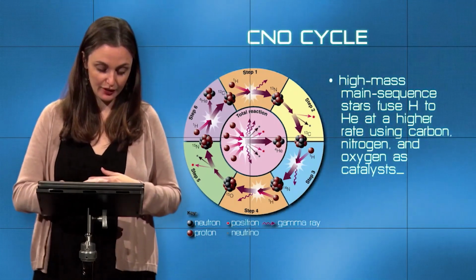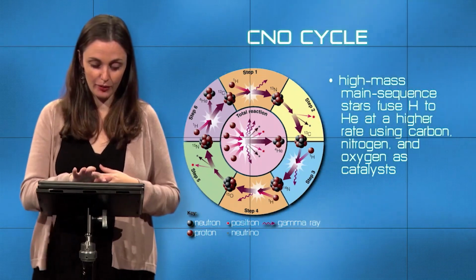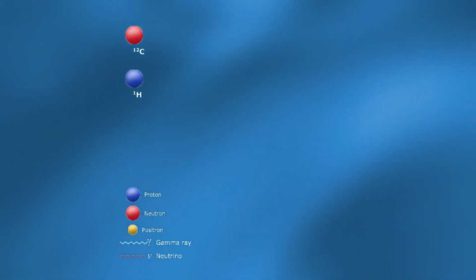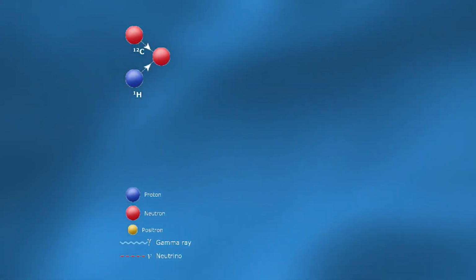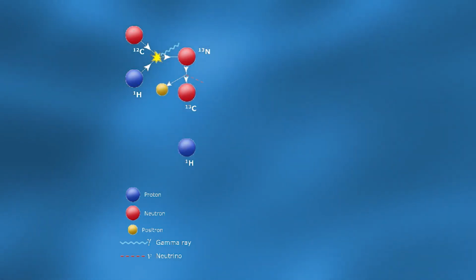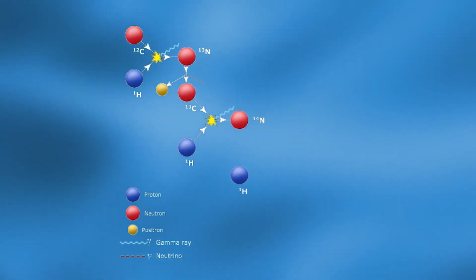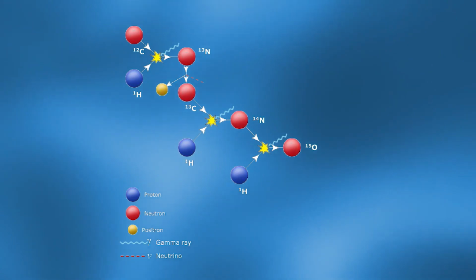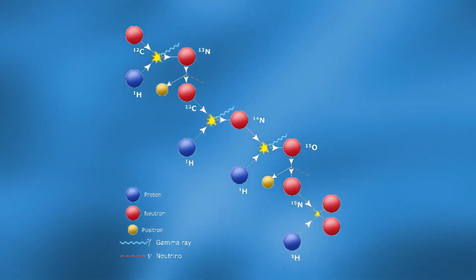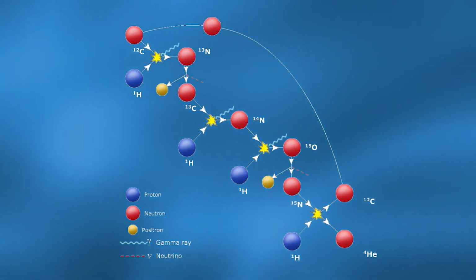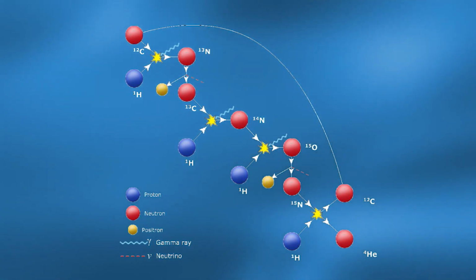So if we take a step and see what that looks like in the animation, we'll see that what you are ultimately doing one step at a time here is starting with carbon with a mass of 12, adding a proton to it, and adding that proton increases the atomic mass from 12 to 13.